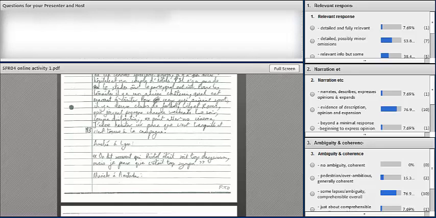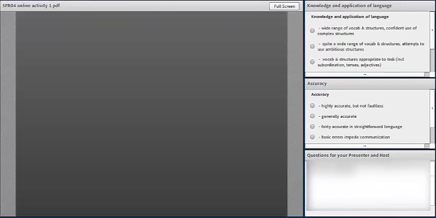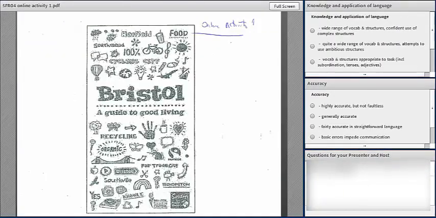Okay, now then, thank you for those questions, and I hope that's been helpful. What we're going to do now is keep with the same script, but if we can move on to task 1B, please. We're going to look at the knowledge and application of language and the accuracy marks. Now, I think I'll just say a few words before we actually get on to voting. The knowledge and application of language is